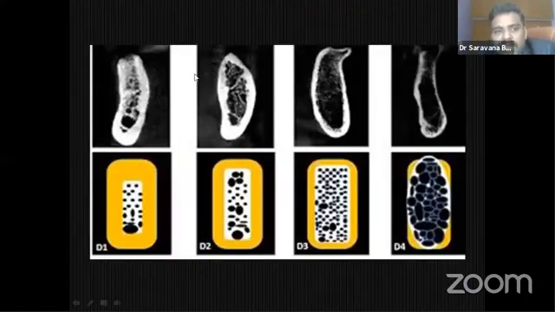This is the cross section. The first picture shows the cross section of D1 type of bone, almost made up of cortical bone. The second one is D2 type of bone. You can analyze the thick outer cortical bone and dense inner trabecular bone. Here, D3 is thick outer cortical bone with fine trabecular bone. D4 is thin outer cortical bone with fine or coarse inner trabecular bone.